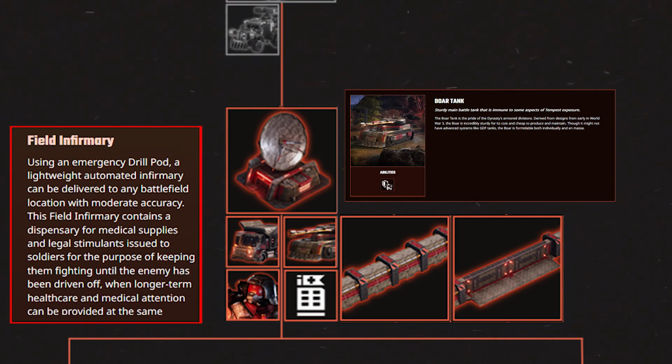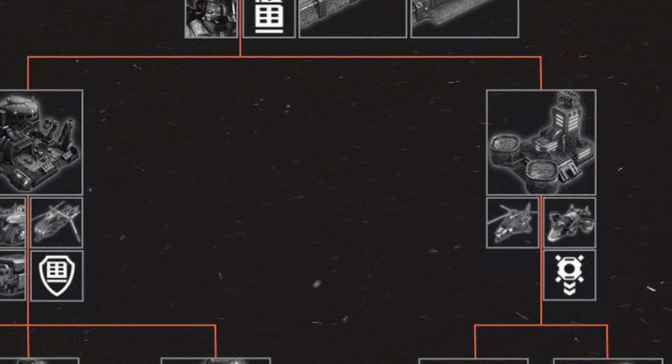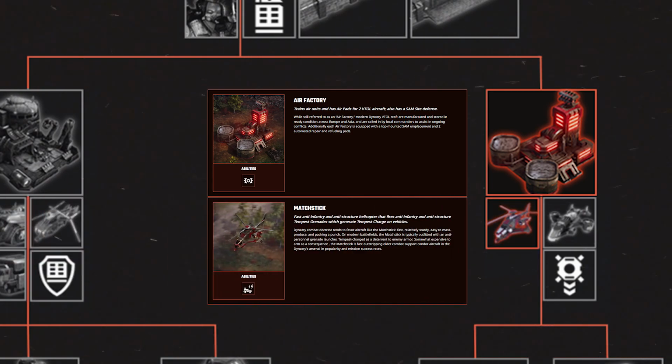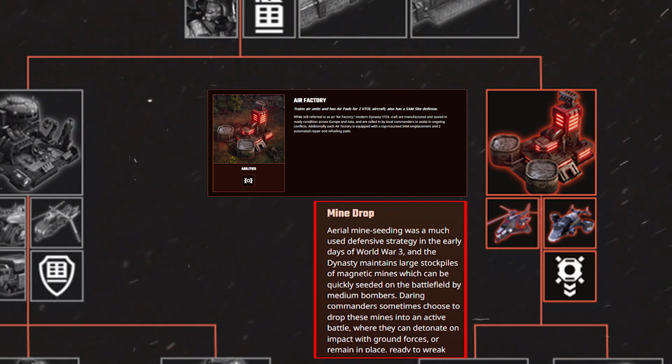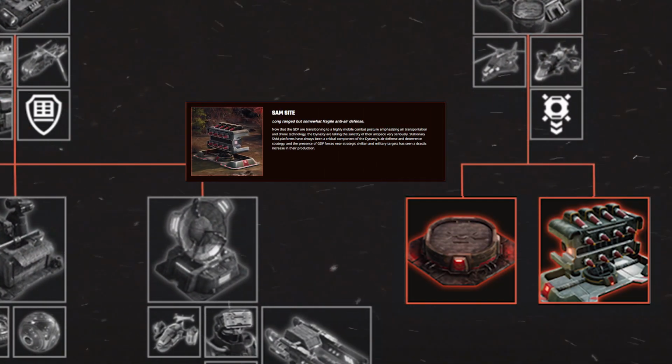a frontline infirmary to keep your infantry healed up and in battle. The radar station also gives access to 2 new tech line choices. If you want to go for air supremacy first, then the air factory is your first choice. This gives you access to the main air units, the matchstick and the dragonfly, also a new support power, mine drops. The air factory also gives access to 2 new structures, air pads and a SAM site for some anti-air